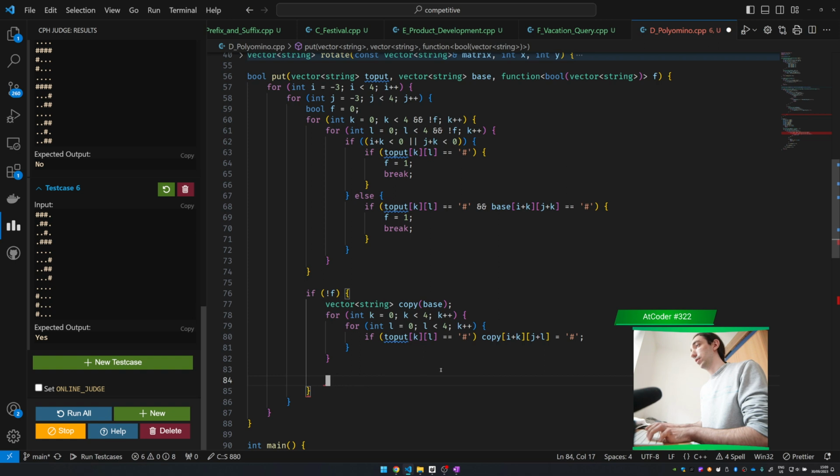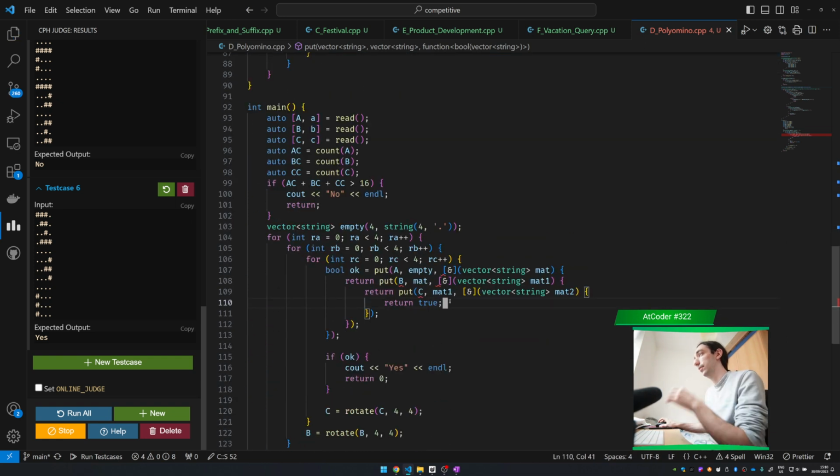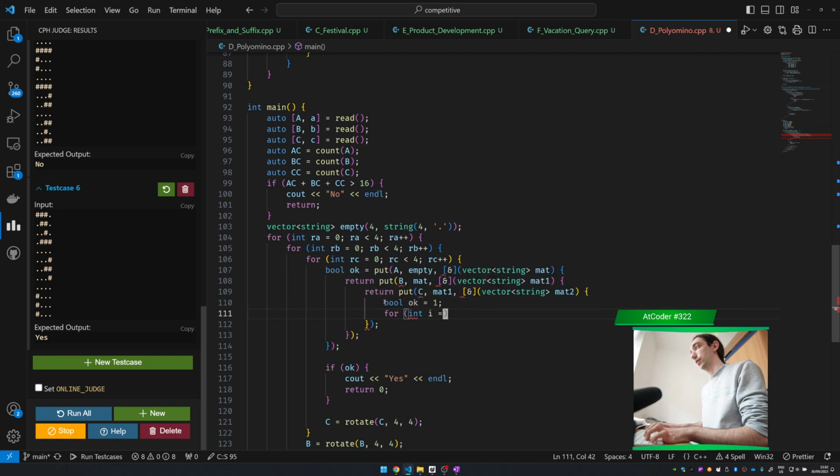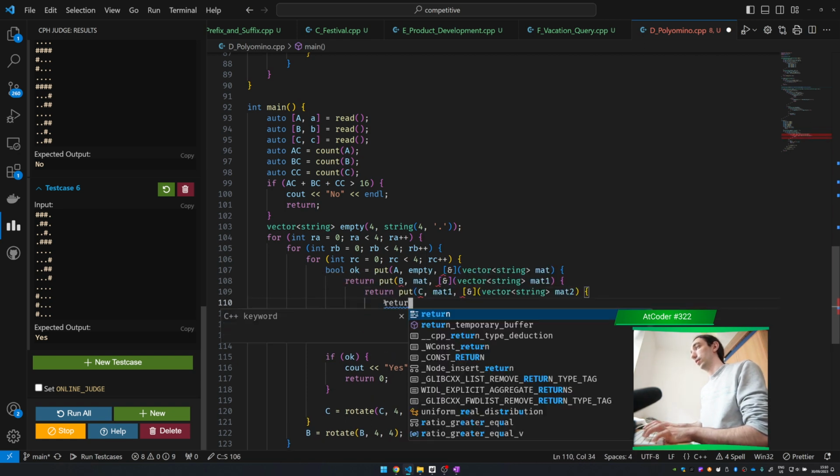If recursion of now the copy, if recursion of this is correct, then we want to say return true. Now we have to check here, is the whole matrix filled? It will be filled if